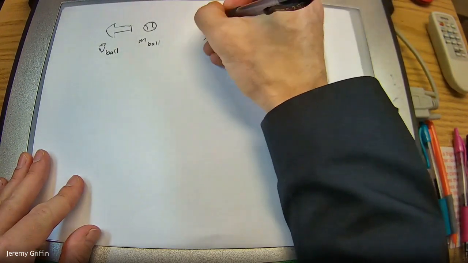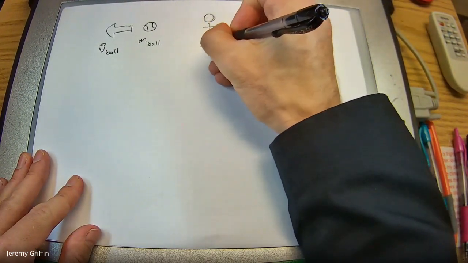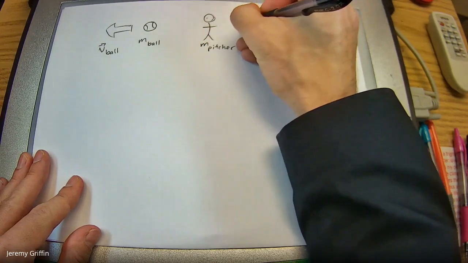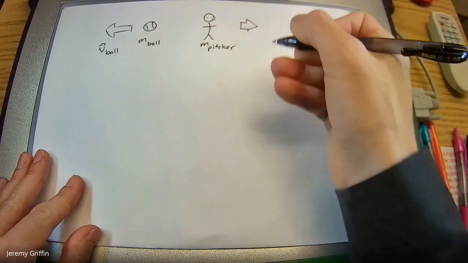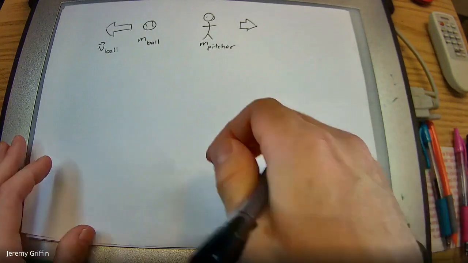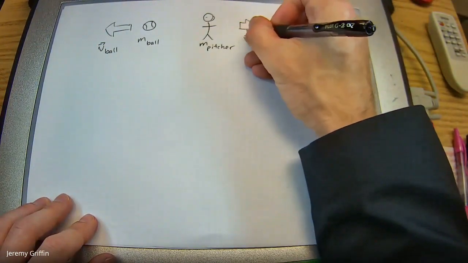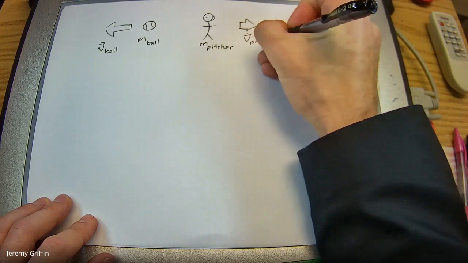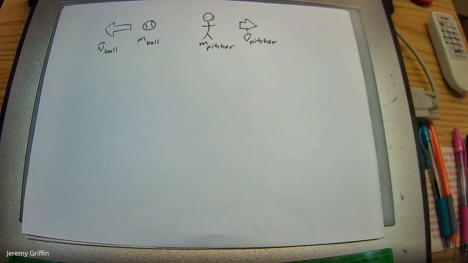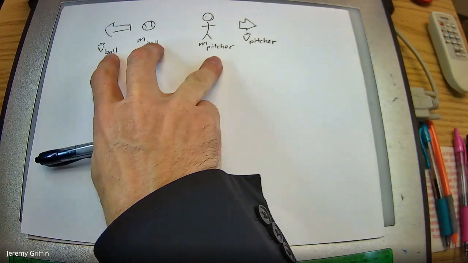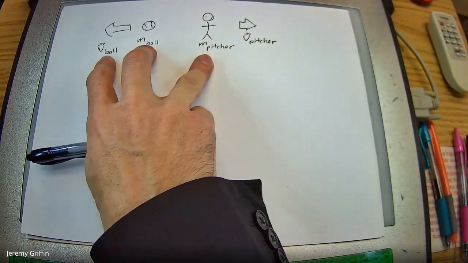And then there's the mass of the pitcher, which is kicked back the other way, which you guys could have said because of Newton's third law of motion. There's some force interaction that pushes them in opposite directions. Velocity of the pitcher. But again, if you try to use some other method to solve for the pitcher, knowing these three values, if you know each of the masses and how fast you threw the ball,